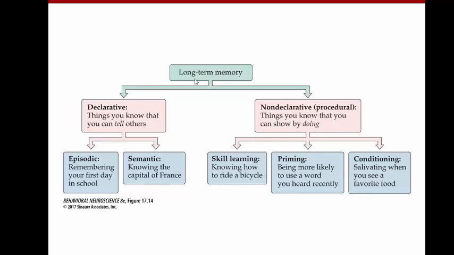So long-term memory we've been talking about so far can be broken down into declarative, things you tell, which would be telling about yourself or telling just general knowledge, and things that you don't tell, you do, which you could show someone how to do a certain skill, or you might be more likely to choose a word you've heard recently, or you might be conditioned to salivate. You can condition a lot of things, not just salivation, really anything that's not a voluntary behavior. You can't condition someone to do a voluntary behavior, but